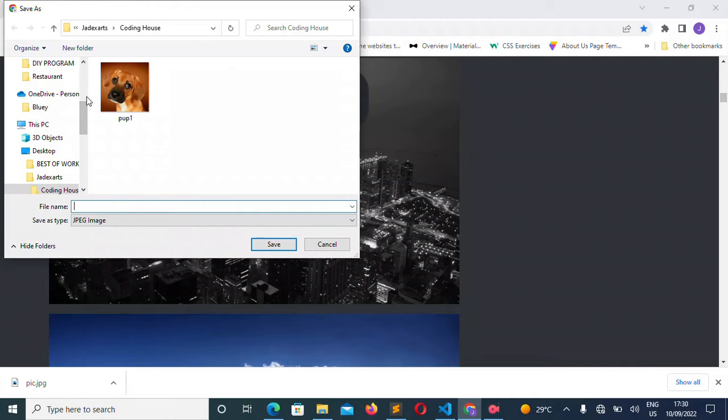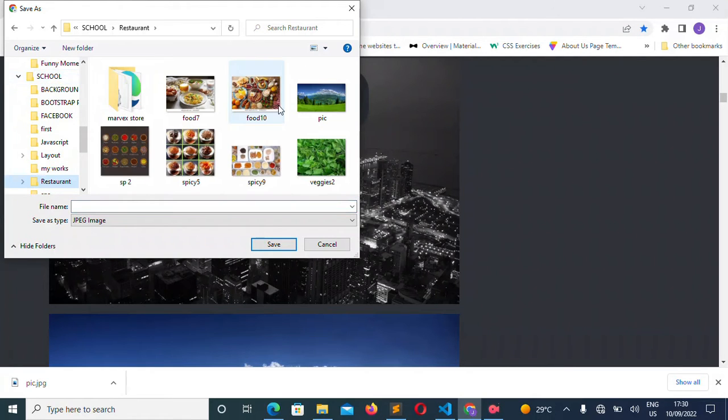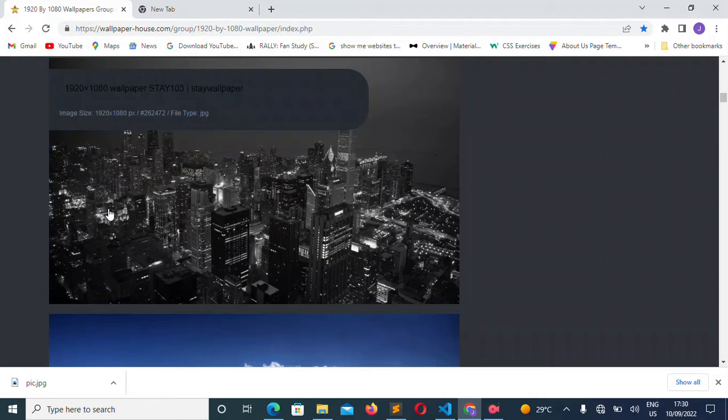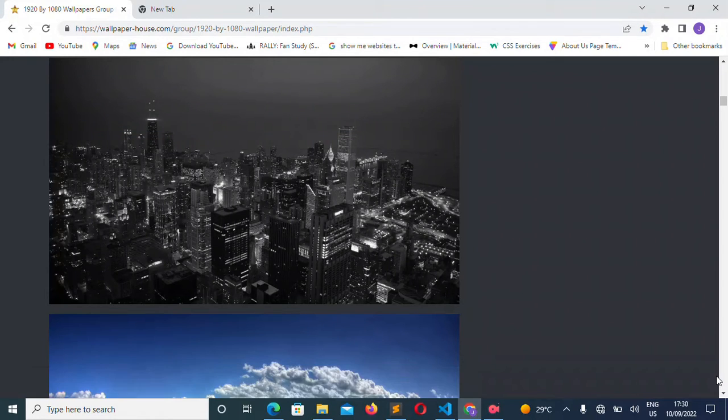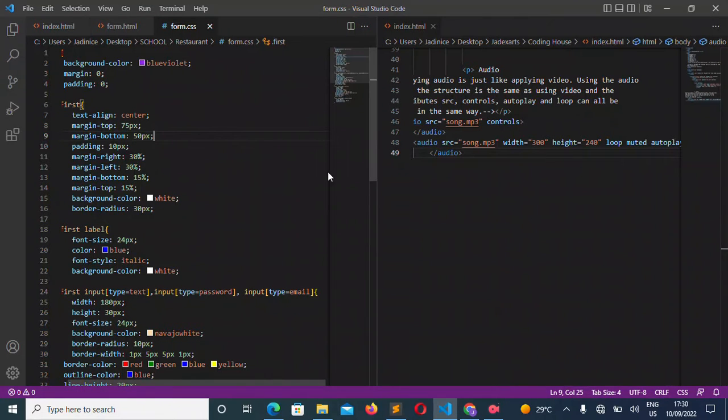And please, the image that you've planned to save, make sure that it is in the same folder as the HTML file and the CSS file that you are working on. Please do not make the mistake of saving it in another folder, otherwise there may be a problem here and there. So once you've saved them, you go back to your text editor. Mine is Visual Studio Code. You go over there, let's wipe this off.